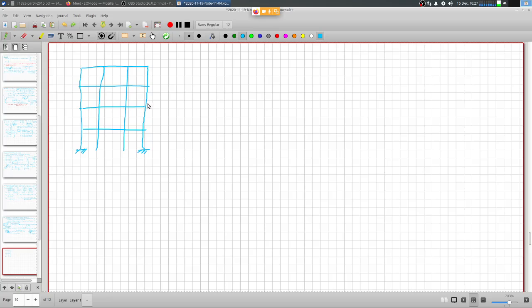So if I have to use this particular member, this particular beams at this particular level, I would use the substitute frame as